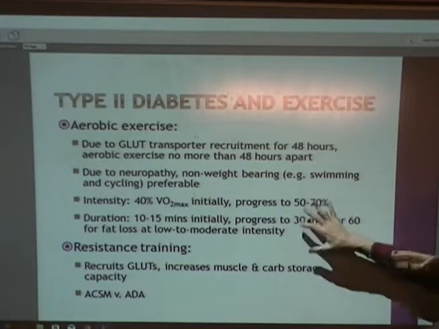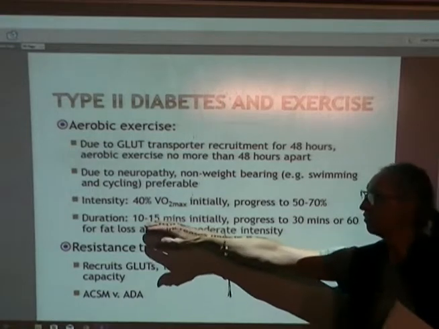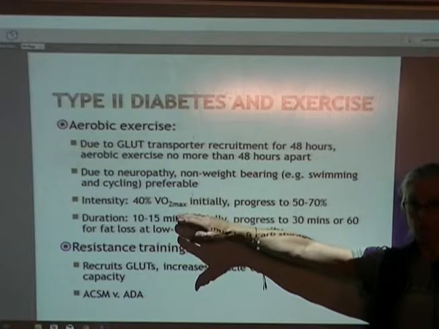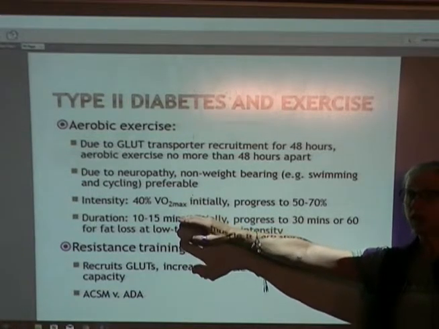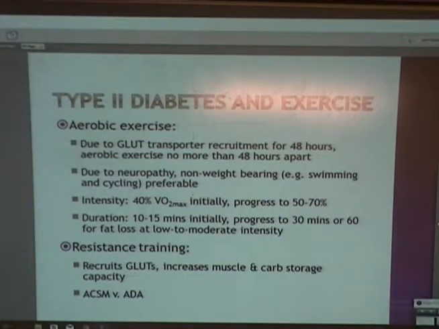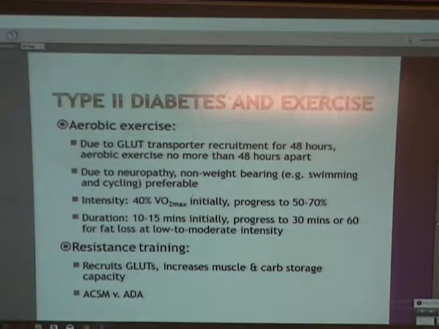So there's some recommendations on where to start. All right, our 10 to 15 minutes is below our minimum on our fit chart, right? So this is one of those times where you're going to go, I've got to get this person healthy enough to be able to use my fit ranges, right? So I have to start below the minimum level and build up to that. Maybe. You might not have to. Depends what level, you know, where they are when you get them.